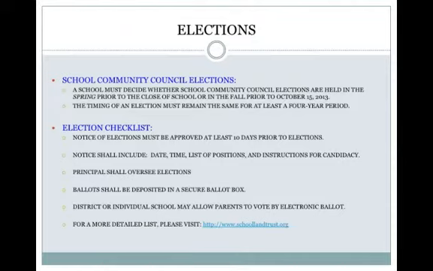Notice for elections shall include the date, time, list of positions, and instructions for candidacy. The third issue is principal of the school shall oversee elections, and ballots for school community councils shall be deposited in a secure ballot box. And also, district or individual schools may allow parents to vote by electronic ballot. Now I'm going to take you out to the website